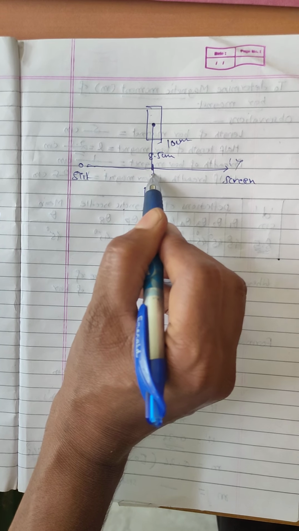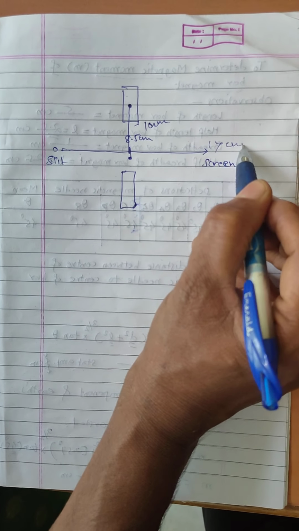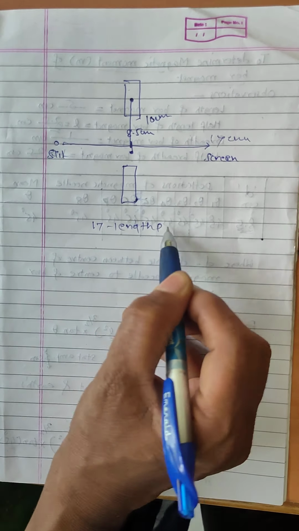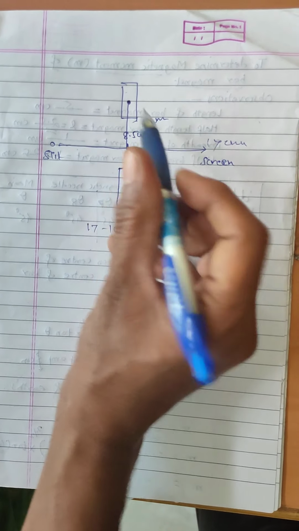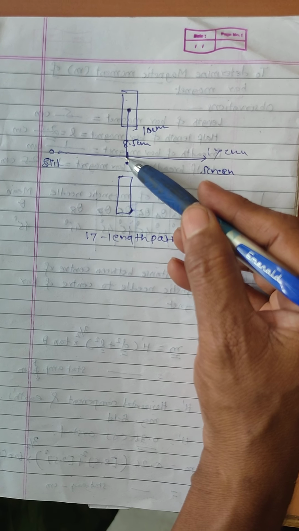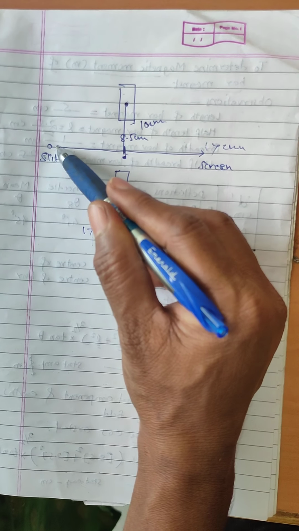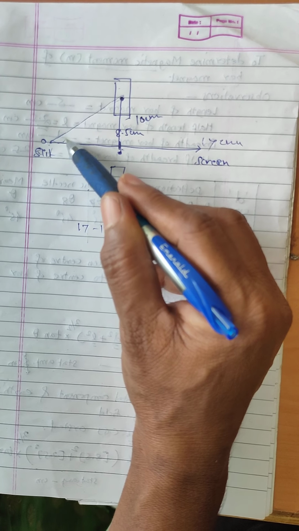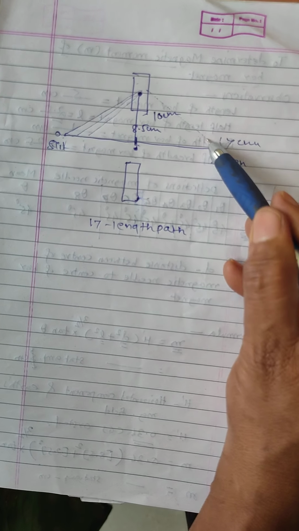So when the electron is exactly in the middle of its path, because the slit to screen distance is 17 centimeters, this is actually the length of path covered by the electron. In this path length, when the electron is at 8.5 centimeter, we know the distance, so we can calculate the magnetic force experienced by the electron at 8.5. But we don't know it at 0. So we have to find out this distance when the electron is at 0, when it is at 1, when it is at 2, and that way up to when it is at 17 centimeters.